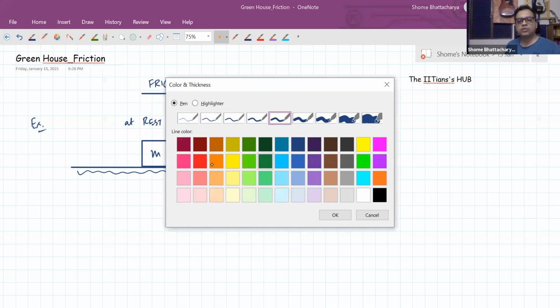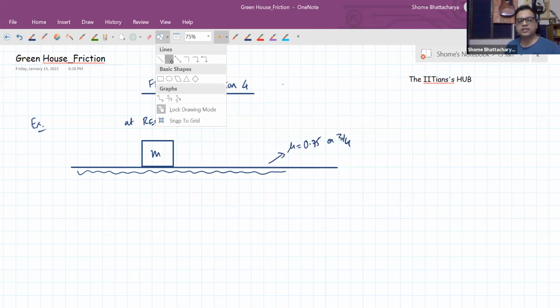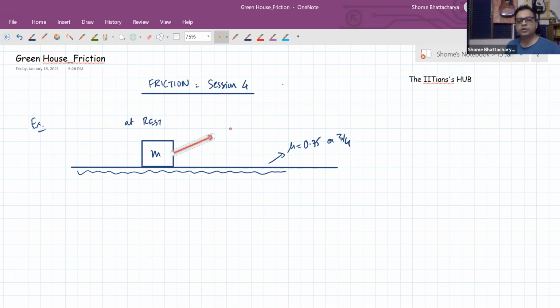Now we want to move the block, and to move it, we are free to apply an external force in any direction we please. So the force need not be horizontal; it can be at any angle of convenience with respect to the horizontal. So we have to find, first of all, that in order